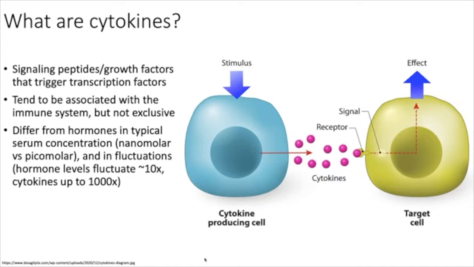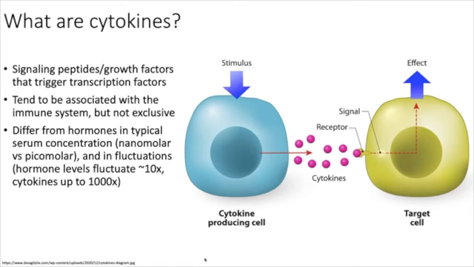But those cells are going to secrete something when they receive a stimulus, right? So a cell receives some kind of stimulus. It could be a viral infection. It could be another hormone. It could be a cytokine. Who knows? And then it changes its transcription factors, starts secreting something, and then that binds to another receptor